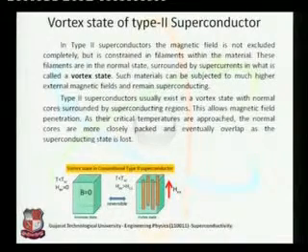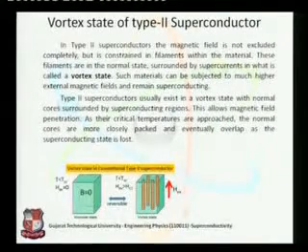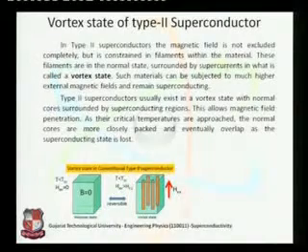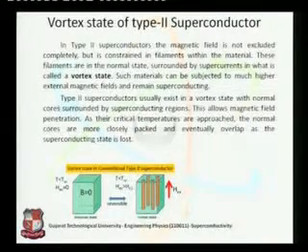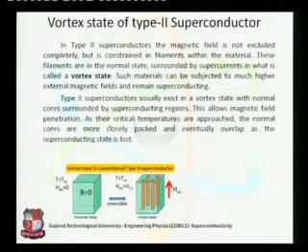Obviously it is going to decrease the magnetic field. It depends on what kind of material is there: ferromagnetic, paramagnetic and diamagnetic, as you have already studied in standard 12th. If you apply a magnetic field, the material allows the magnetic field to pass through. But if we lower the temperature below the critical temperature, it is going to enter into the superconducting state.